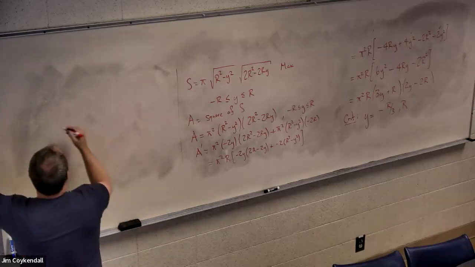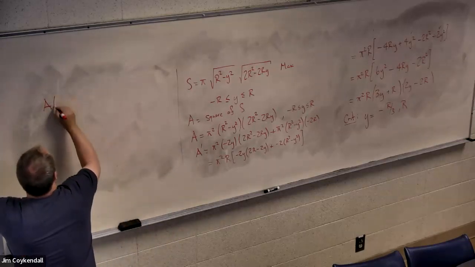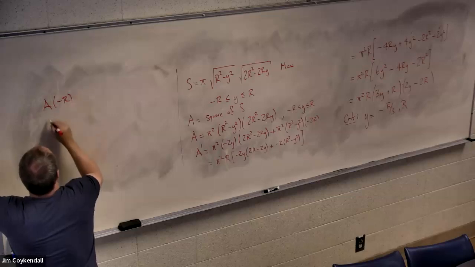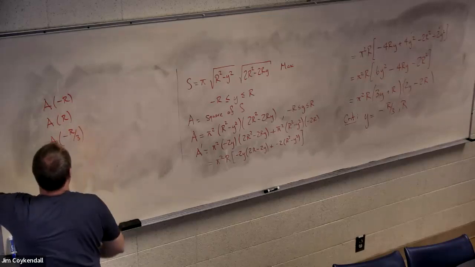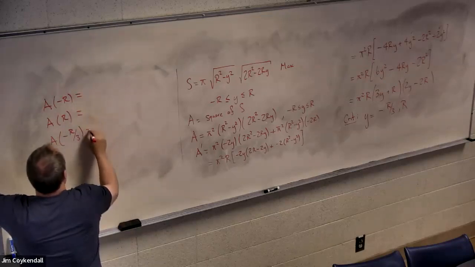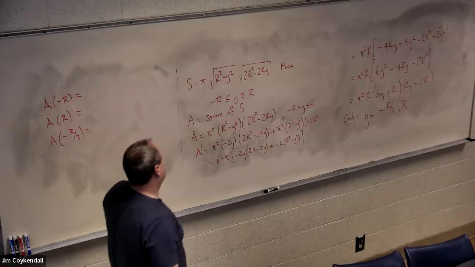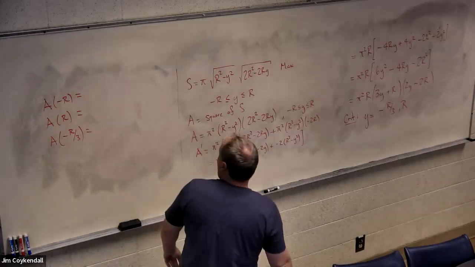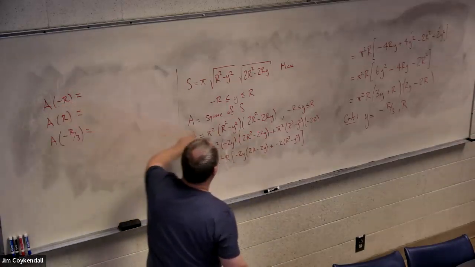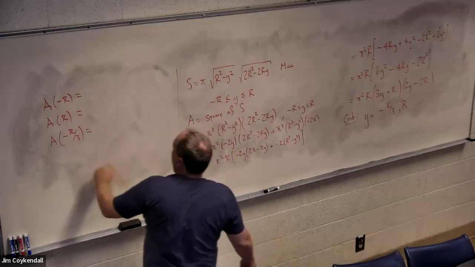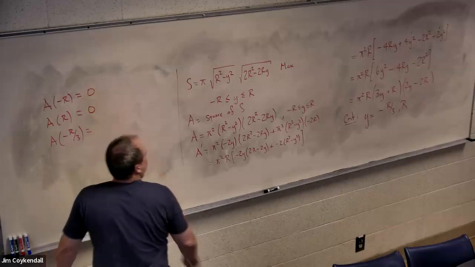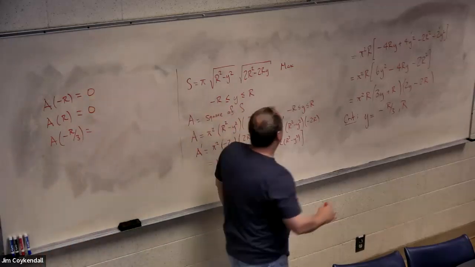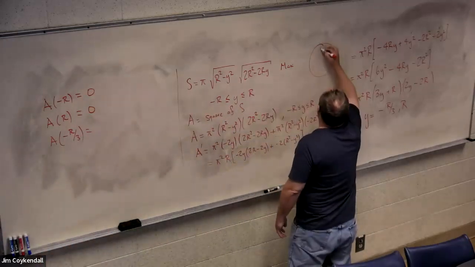Well, so let's do A minus R, A minus R over 3. When I plug in negative R here, I get 0. When I plug in R here, I get 0. So both of these are 0. And this doesn't surprise me because when I put this